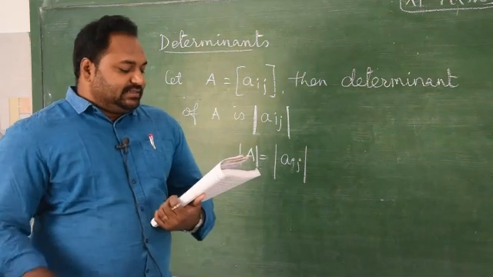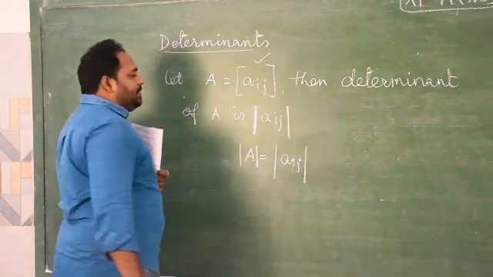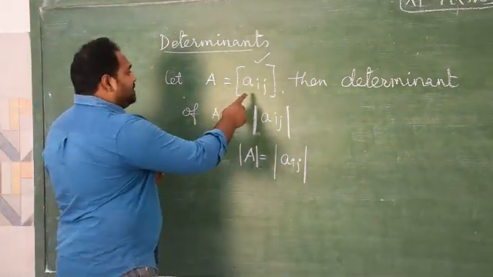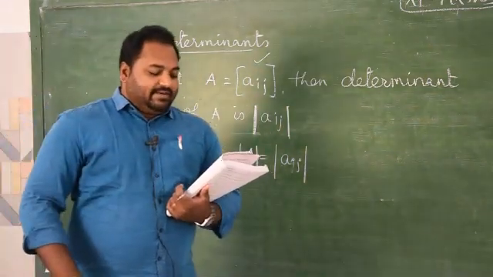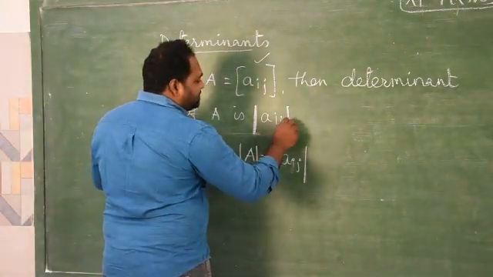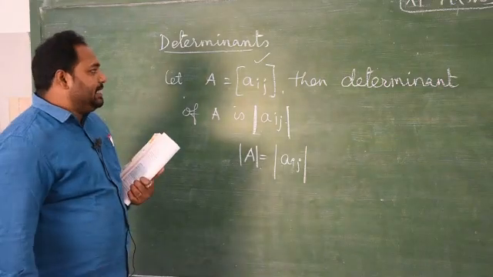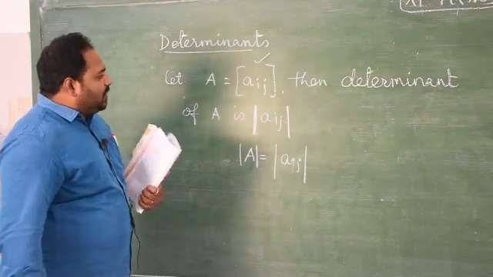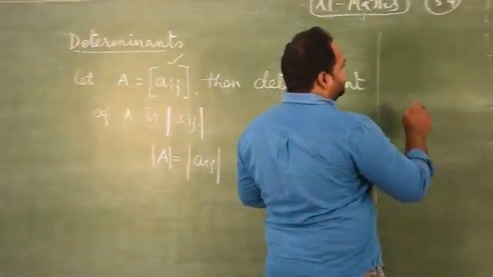Next, a matrix is only a representation, but with the determinant we can find out the value of this matrix. So the matrix is only a representation, whereas determinant is the value of a matrix. So determinant means value. We can get the value for the particular square matrix. Next, how to find out determinant? How to find out values?